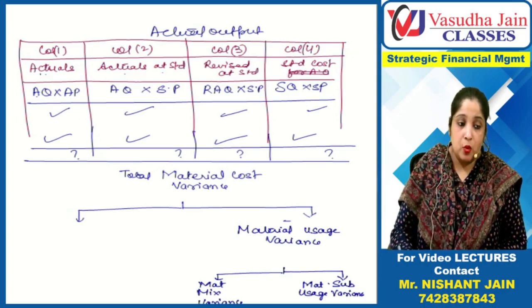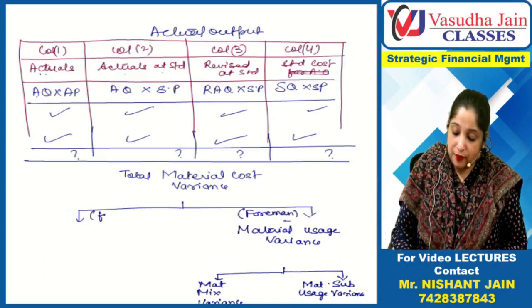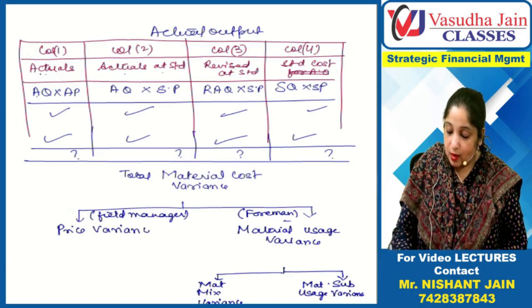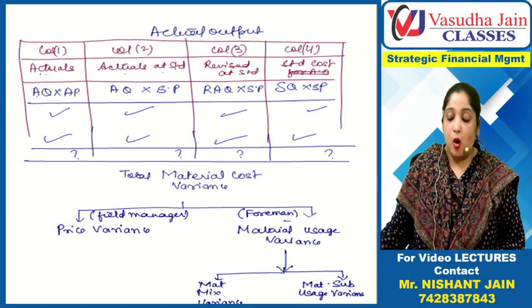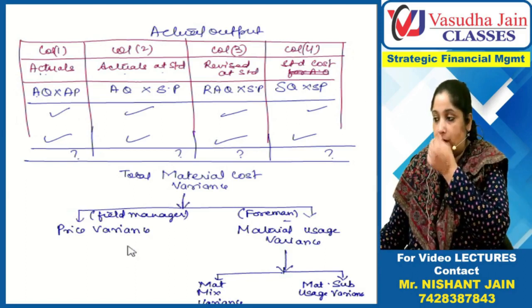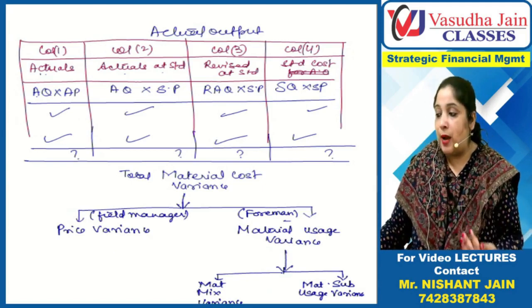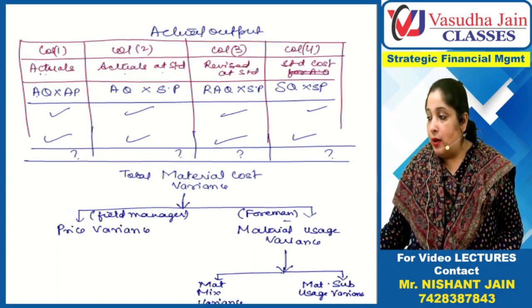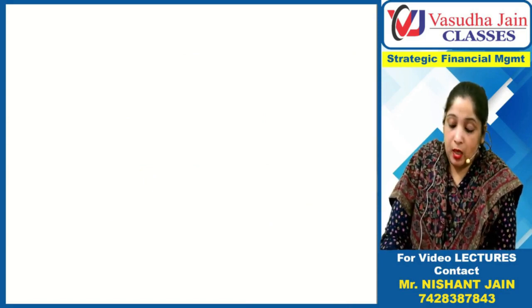And the other person, this was foreman, other person was field manager who did mistake. His mistake was named as price variance. So basically we can categorize the material cost variance in two parts. One is price variance and one is usage variance. And usage variance can be classified in two parts, material sub-usage variance and material mix variance. Now I will write it properly in the next sheet. Okay. See,